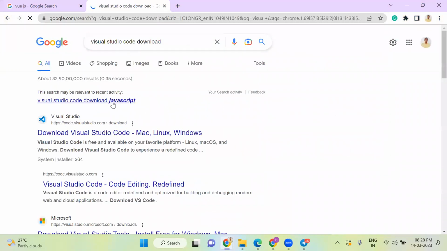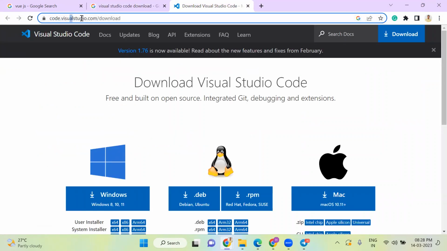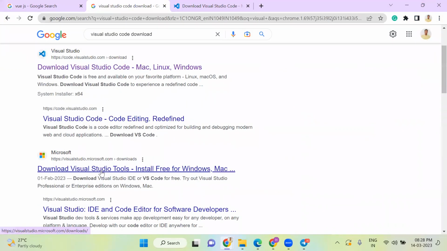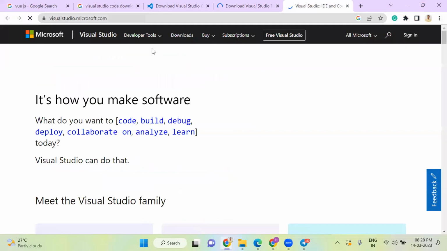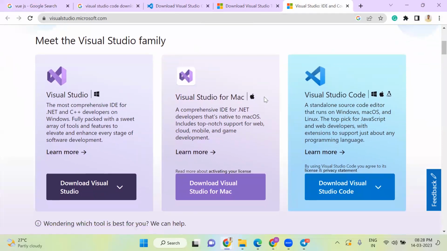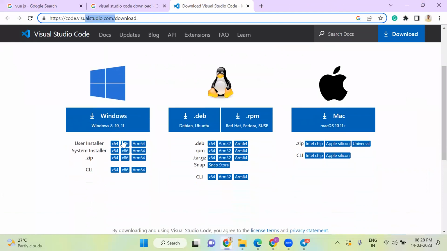So go and search for Visual Studio Code download, code.visualstudio.com. There's another thing called Visual Studio IDE. This you should not download. We are not interested in this. This is a heavyweight application, right? We are interested in this Visual Studio Code.